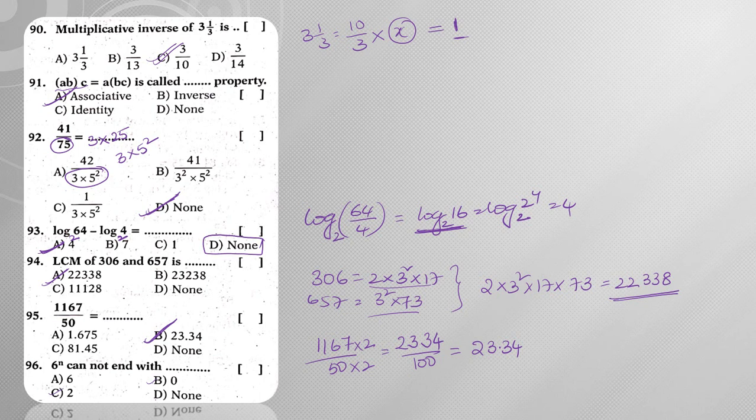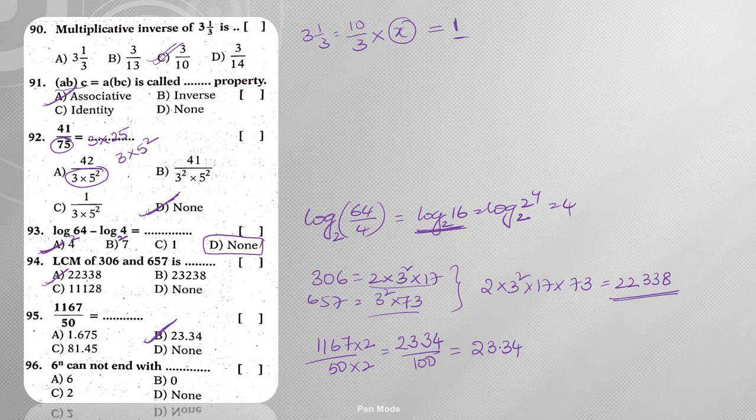So there are a number of possibilities, right? So we are getting 3 options. If this question is changed as "6 power n can end with", then the option will be A. So then the option will be A. Or,